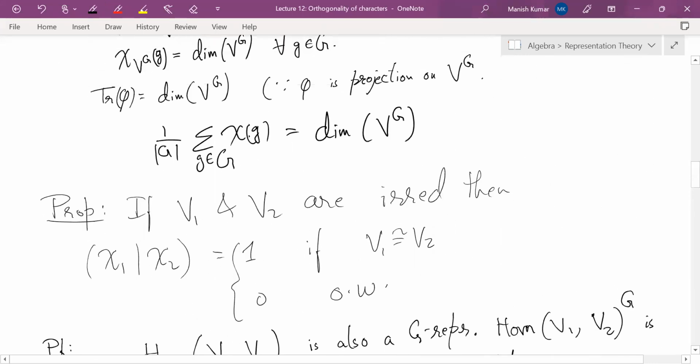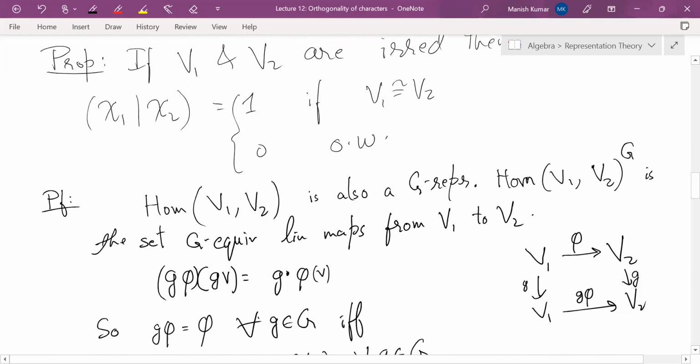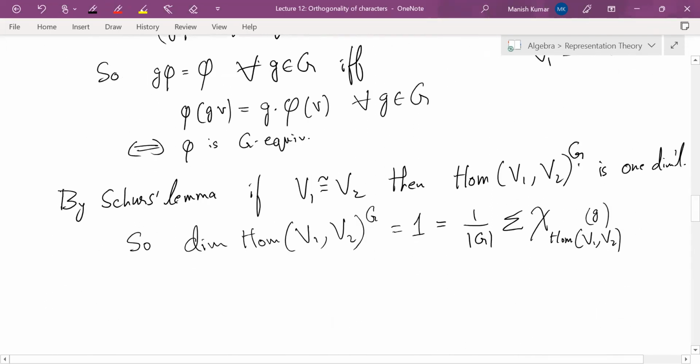I'm just using this formula: the dimension of V^G is this, just that our representation V is now Hom(V1, V2) instead of some arbitrary one. And that is 1. So we get that this sum over g in G